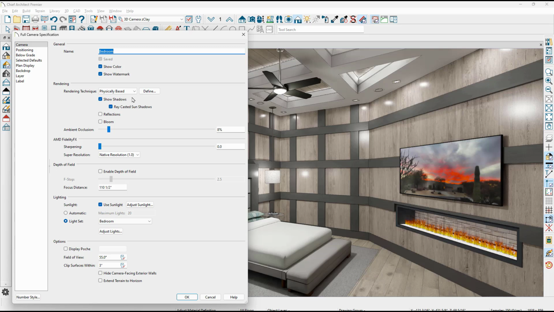The first thing I want to point you to is I have shadows, and raycast shadow is going to give you a little crisper view in there. The ambient occlusion is set to 8%. Not really relevant for the physically based rendering, maybe more appropriate for standard. A few of the other settings that aren't as important, super resolution. If you're maybe doing a